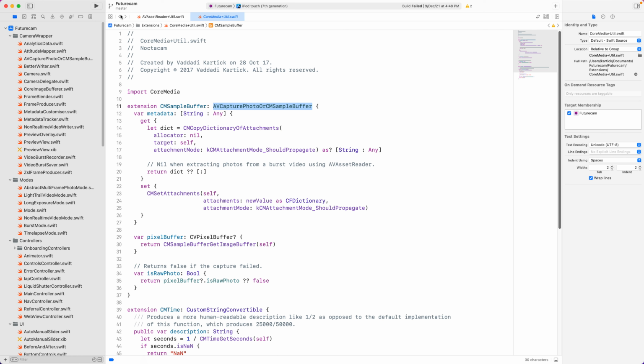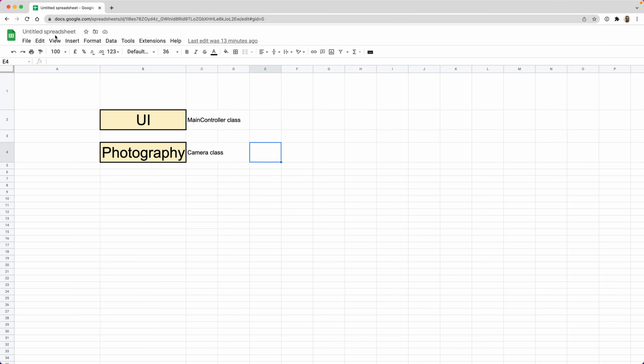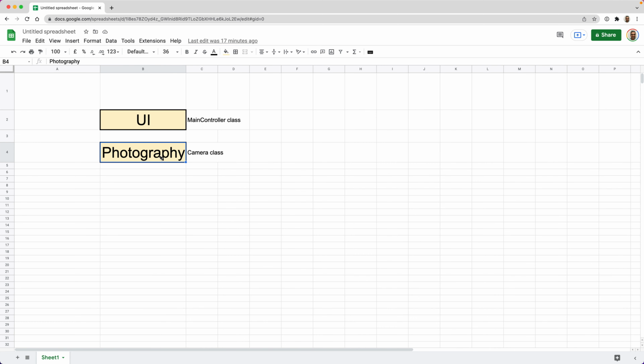The other use is to prevent a layering violation. In FutureCam, we have two layers. We have a photography layer and we have a UI layer in the code. And the main class in the photography layer is the camera class. The main class in the UI layer is main controller.